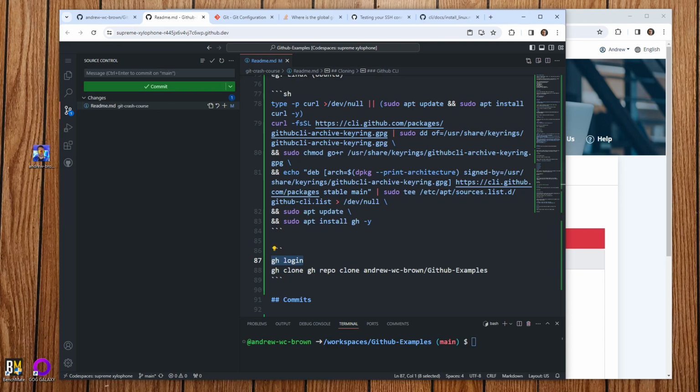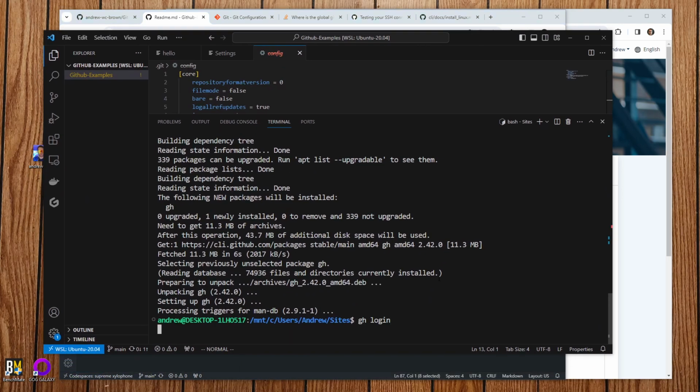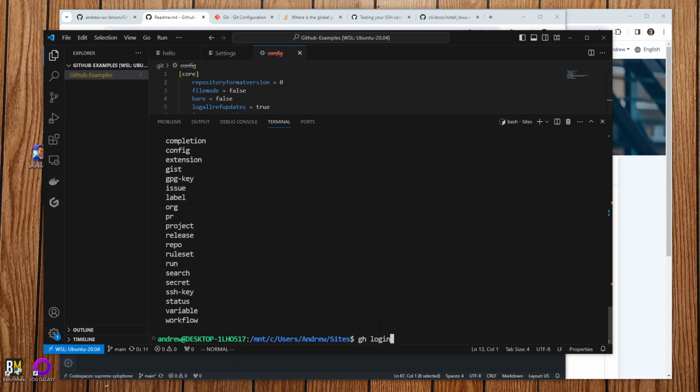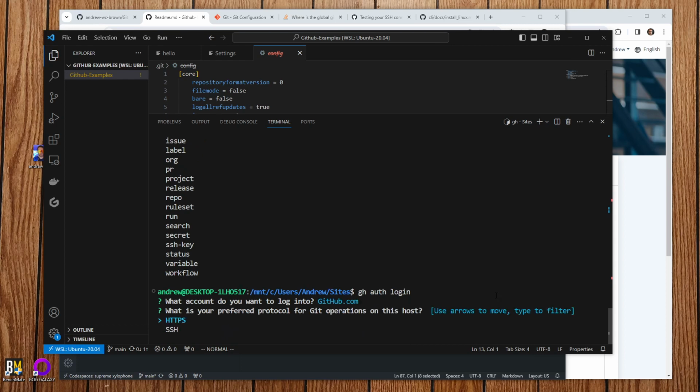Okay, GH login. Now we technically don't need to log in for this to work. Should be, oh, I think it's GH auth login. That's probably why. There we go. GitHub. Oh, we're going to choose a method. HTTPS. Authenticate with your GitHub credentials. Yeah, I thought it was going to just do something for us, but apparently it's going to have to rely